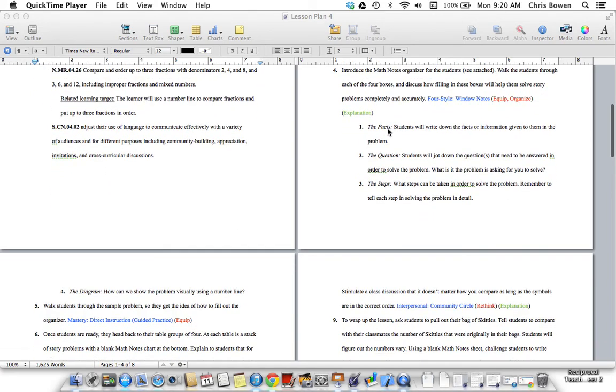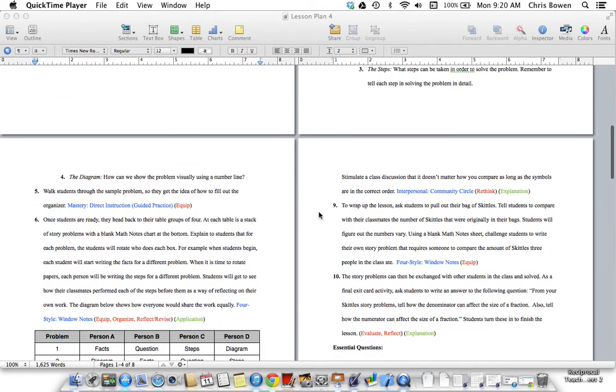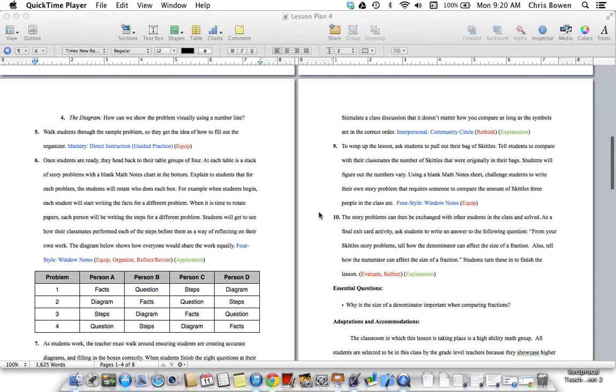In those window notes, we'll talk about the facts, the question, the steps, and the diagram that they'll have to do for each story problem. I'll also use direct instruction within the 4-style window notes, and then also a community circle activity where students begin